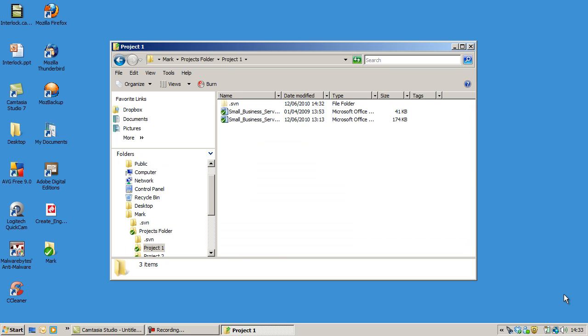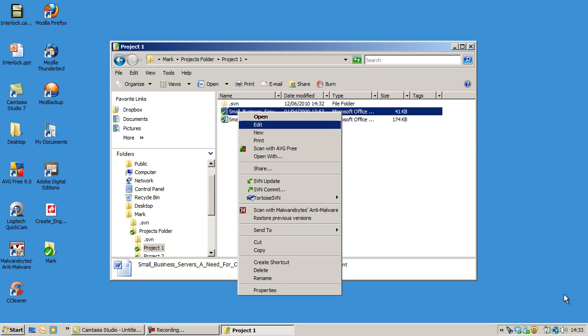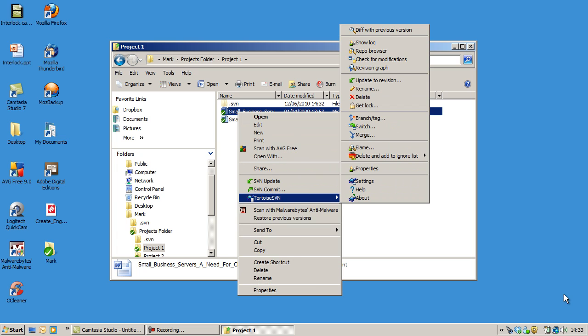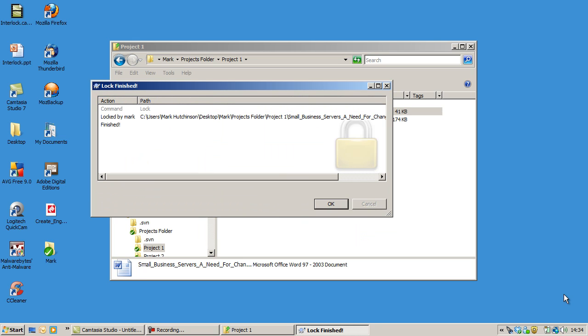a file that I want to check out, it's just a case of right click on it, it'll open up the short menu, and I'm going to go down to Tortoise SVN and across to the option where it says get lock. If I click on that, I now have an option to enter a short message which will be available to other users, so I'm just quite simply going to add in checked out by Mark Hutchinson, and if I click OK, again it's checked it out very